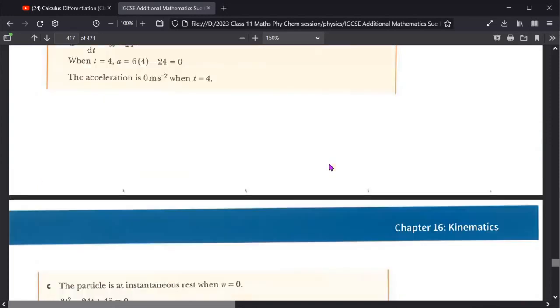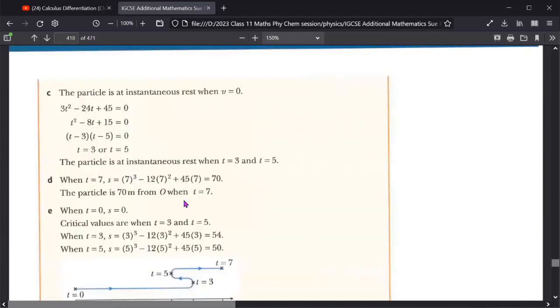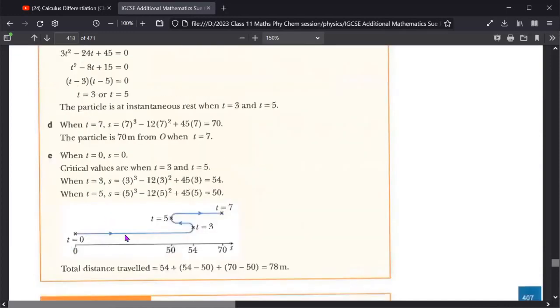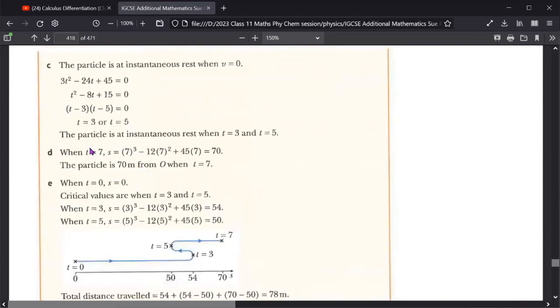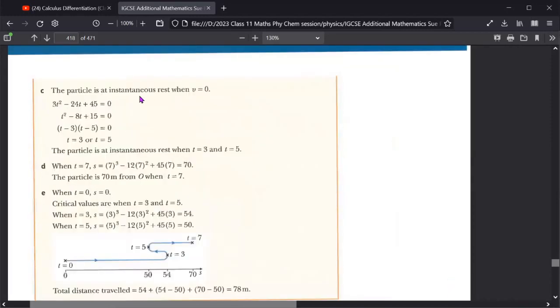Now if you look at this part, the particle was instantaneously at rest at 2 points where the velocity was 0. This is what I told you, that at t is equal to 3 second and t is equal to 5 second. Now if you look here, the displacement function is